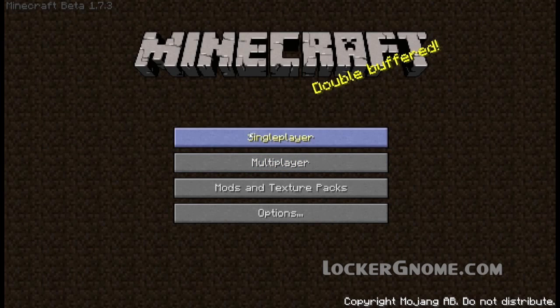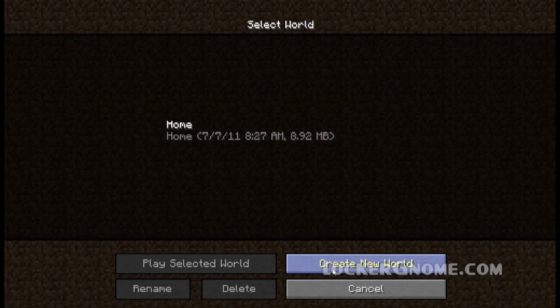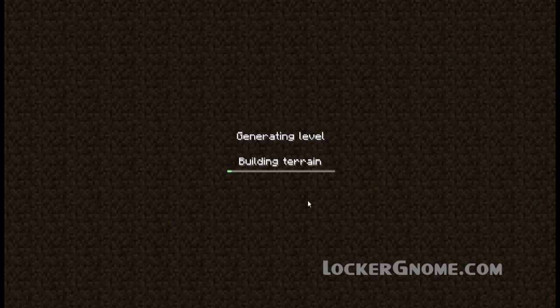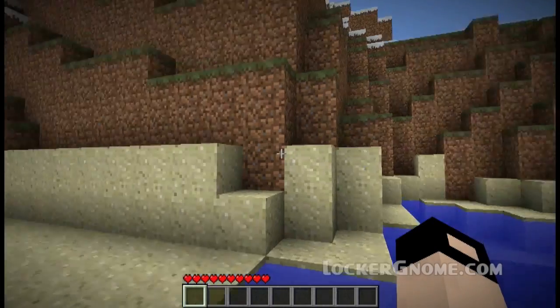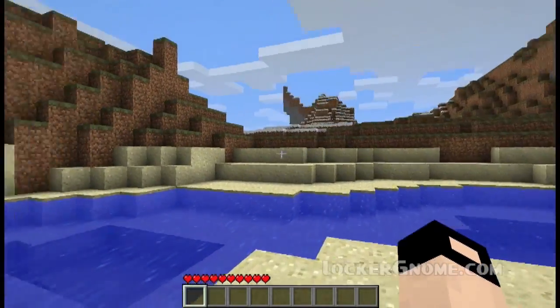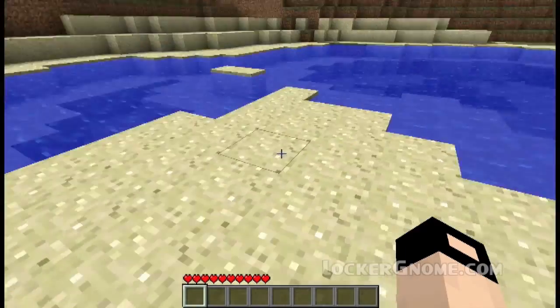Today I'm going to be creating a new world and showing you how to survive your very first night in the game. So if we go to single player and hit create new world, we're going to call this Locker No, and we're going to create the world. What it's going to do is completely generate a random world which no one else has, as I didn't use a seed. And looks like we're going to spawn,